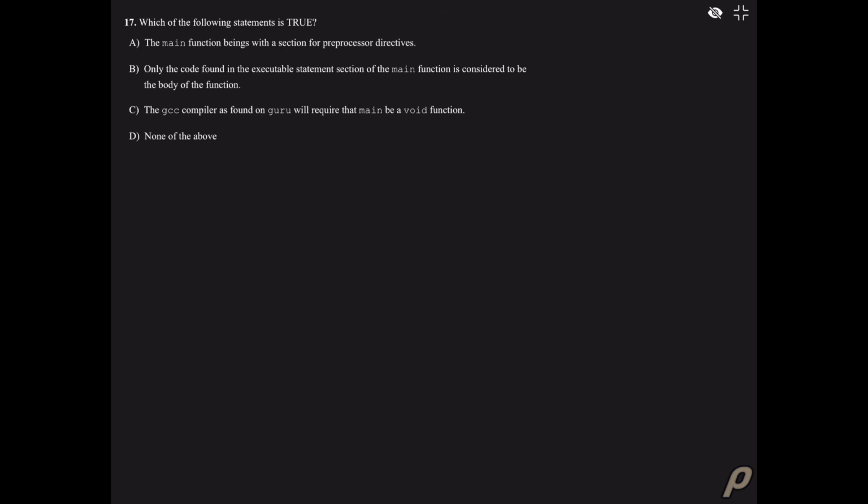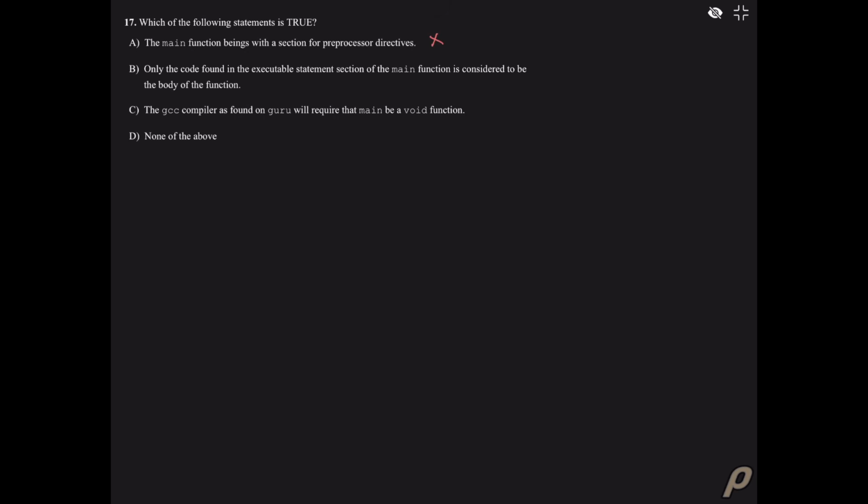Moving on to the next one. Question 17 asks us, which of the following statements is true? The main function begins, there's a typo there, not beings, with a section for preprocessor directives. This is just testing you on your knowledge of what C code looks like,